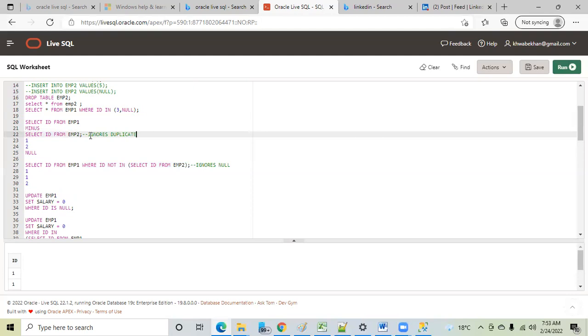INTERSECT will consider the null records, but JOIN will ignore the null records. Similarly, I'm just summarizing the things. MINUS will ignore the duplicates because by default MINUS works on the distinct keyword. That is the inbuilt function of MINUS. And NOT IN will ignore the null records, but it will consider the duplicates. Hope this is clear.